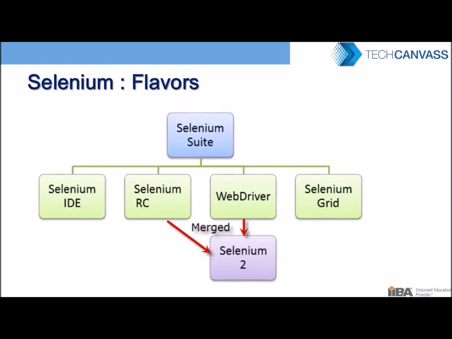And Selenium Grid is a configuration, you can say, instead of a flavor. You configure your test cases written in WebDriver so that you can execute them on multiple platforms like Windows, Linux, Mac, Unix, and multiple browsers on them. For Windows, you can test on many browsers which Selenium supports: Firefox, Chrome, Internet Explorer. So you write a script in WebDriver once, and it can be run on multiple platforms using the Selenium Grid configuration.